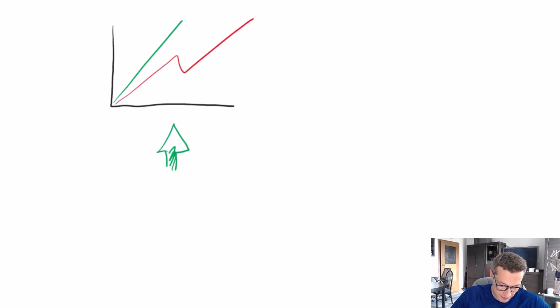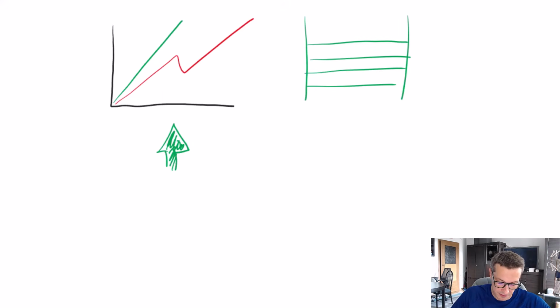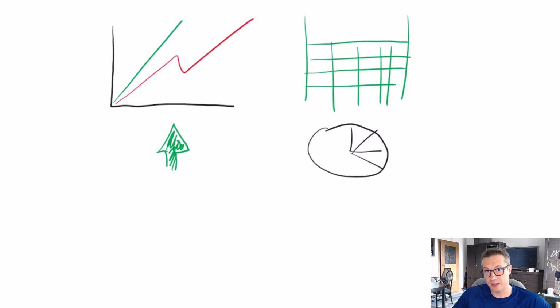For example, this green arrow up that shows we are fine, right? We might have good old-fashioned tables that just show a lot of numbers, like detailed sales. We might have some pie charts that are just yet another way to display data in a visual way, right? So all of this stuff are simply reports,